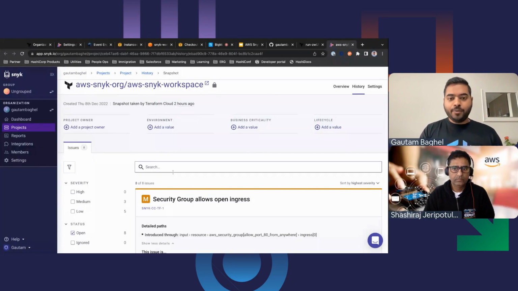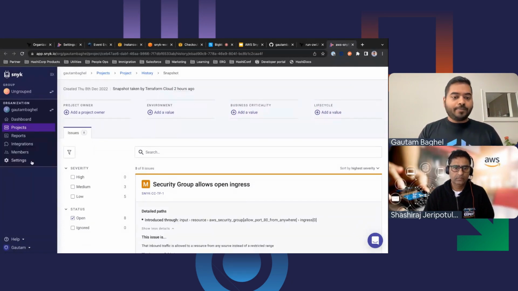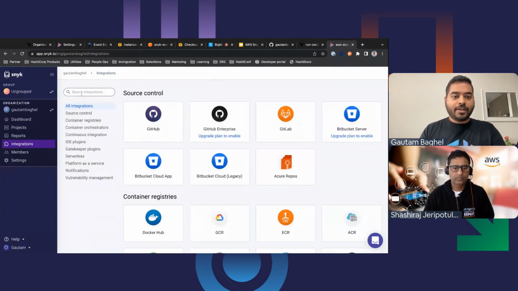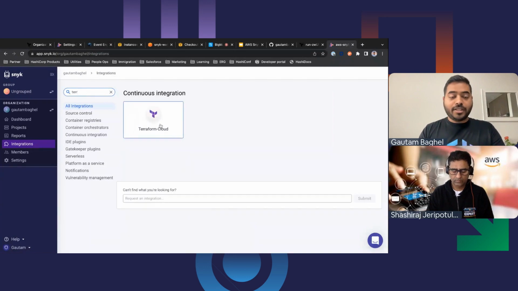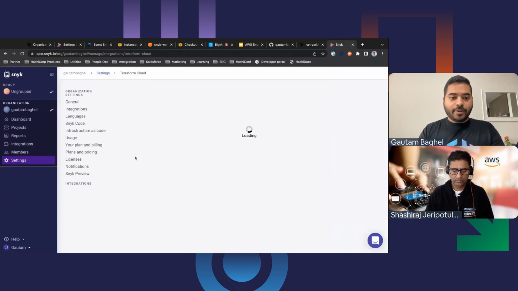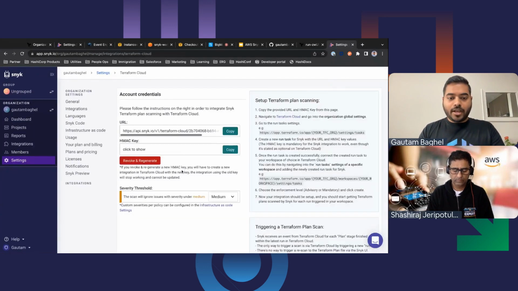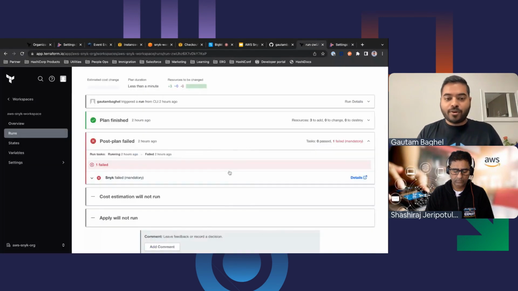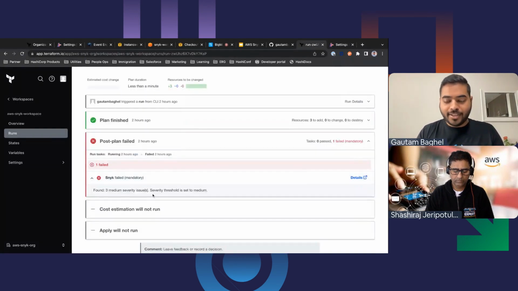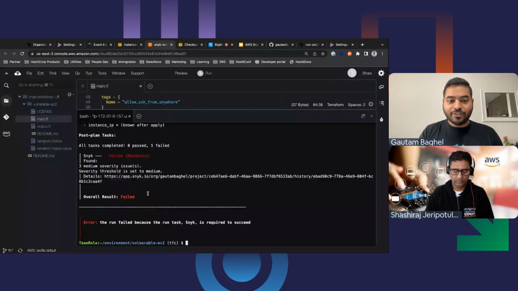And there are a few configuration options that you can set up for this integration. For example, if I go back to my integration, and this is the Snyk UI, if I go to my Terraform Cloud integration panel, you can see my severity threshold was medium, right? If I set it to low, all of a sudden I get even more pushback, more vulnerabilities or more things to look at.